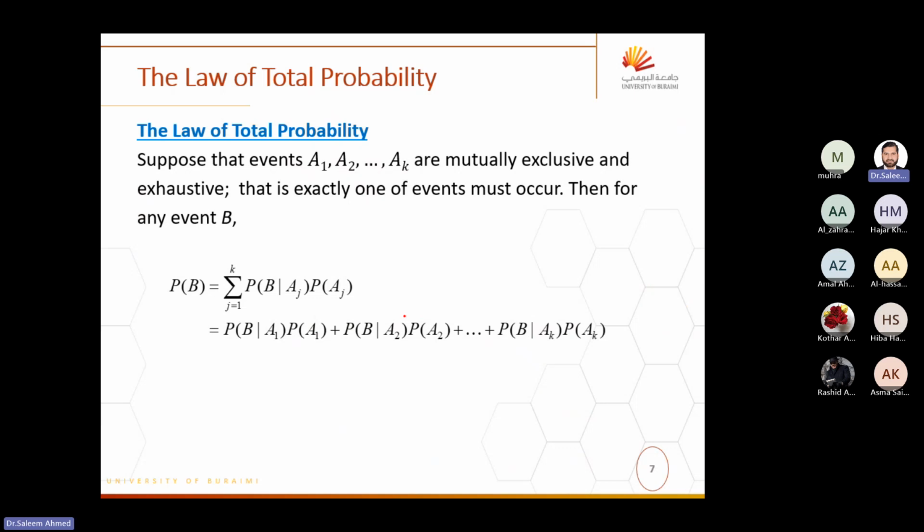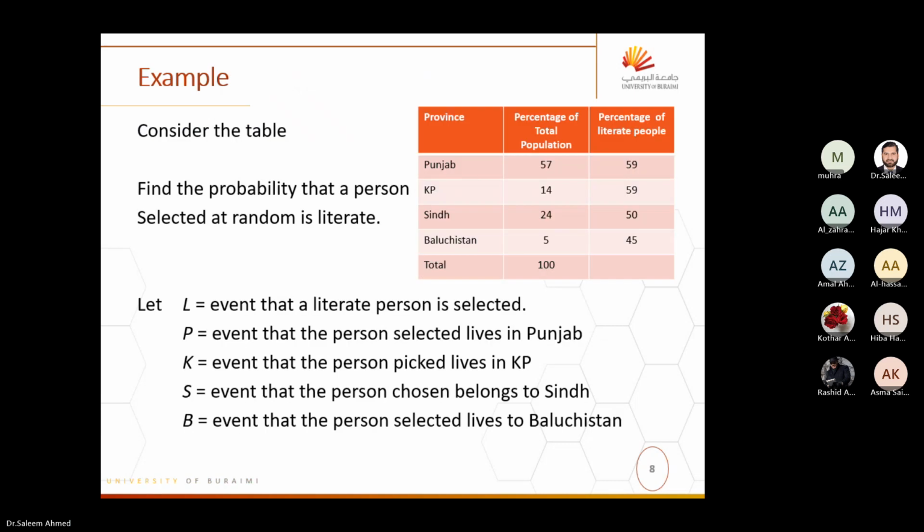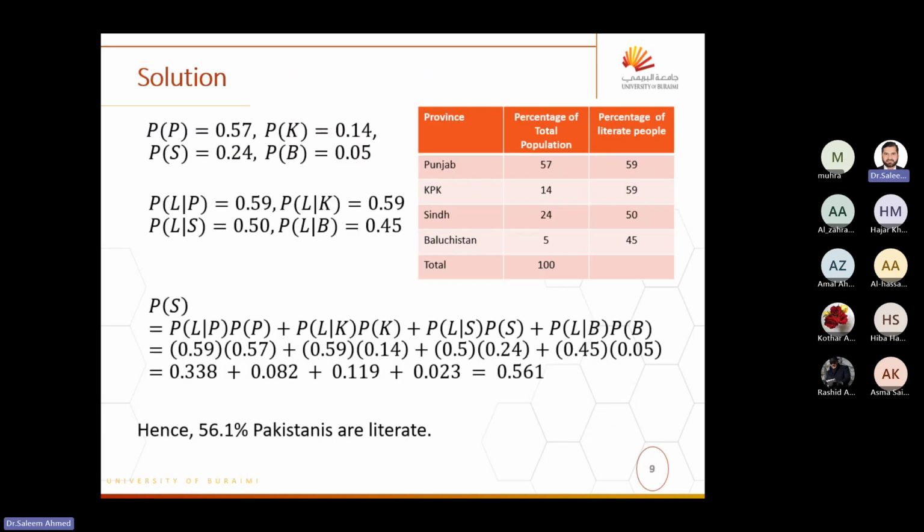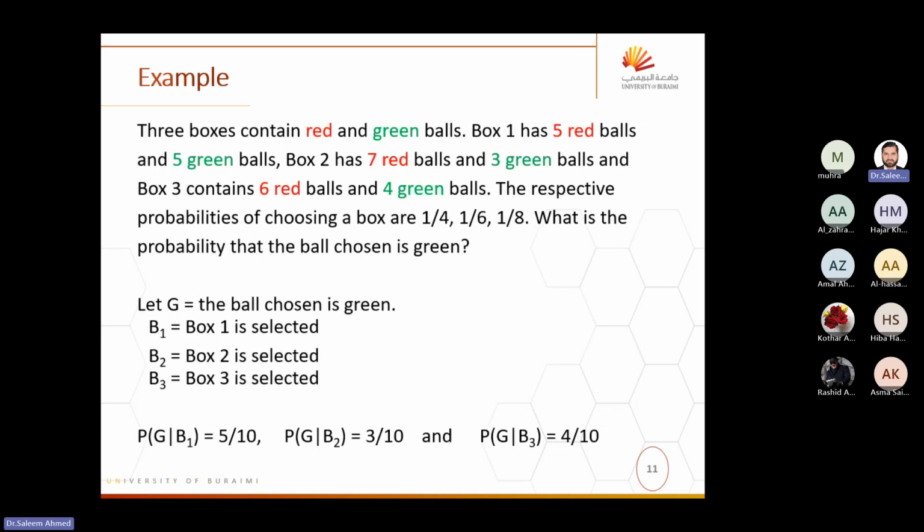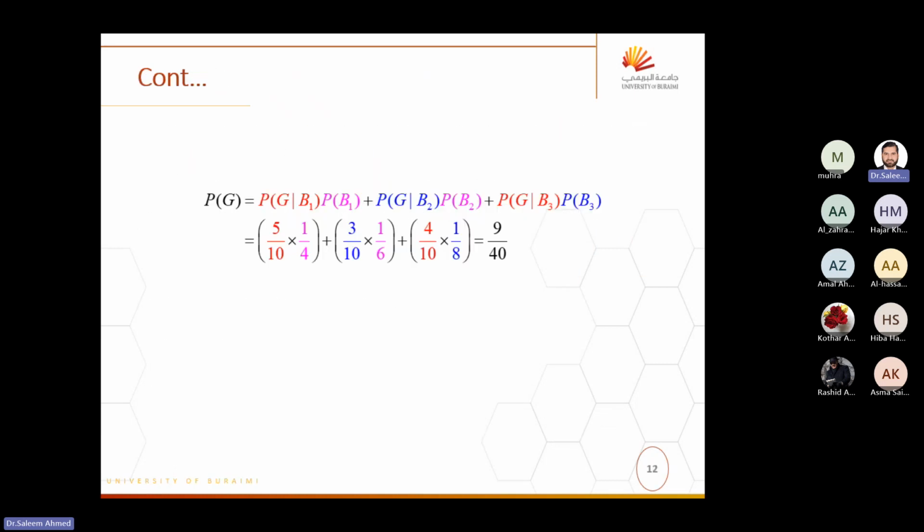So see, this is for now any number of events AK. If you have 2 events, you will stop at 2. If you have 3 events, you will stop at 3. If you have 10 events, you will go up till 10. B given A10 into P of A10 and so on. So these 2 examples we did in class, but because I have to redo it for Bayes law,